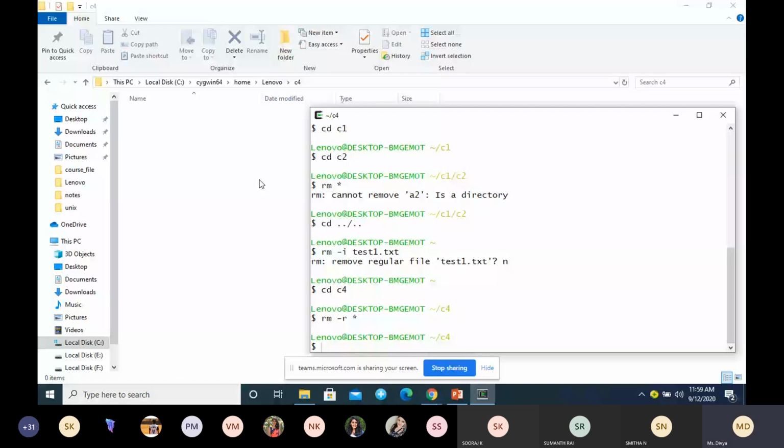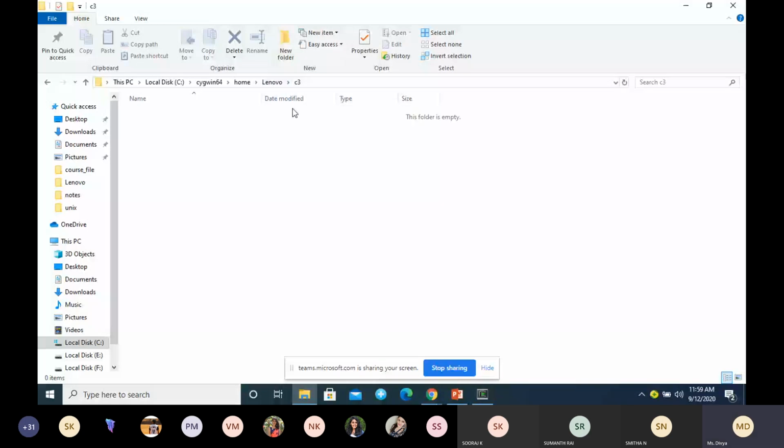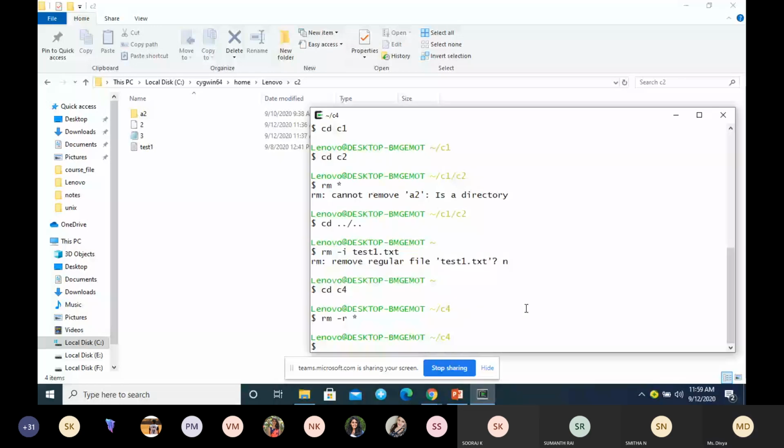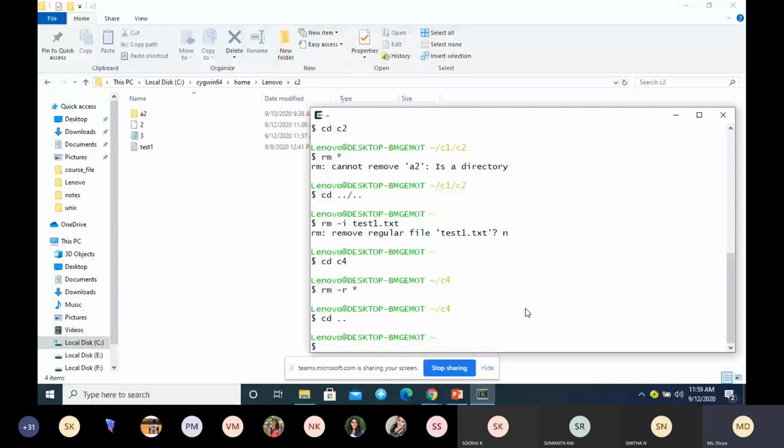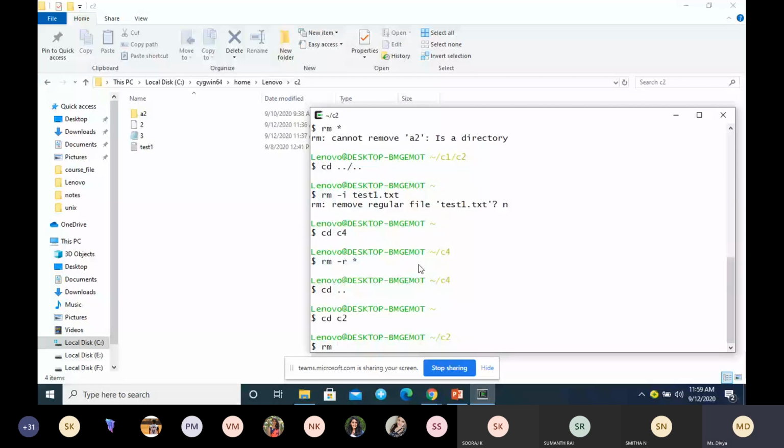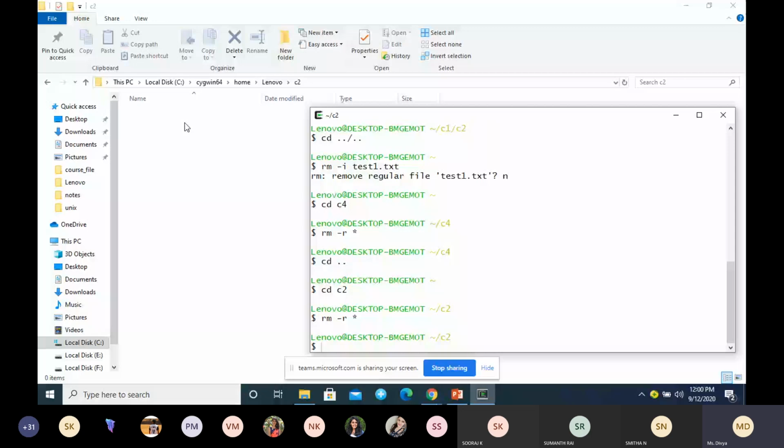You can apply even for this, P2. I'll apply to this, look into this. Here I'm applying to this folder. What I'm typing: RM -R, star. So you can see, not only just files, it is deleting all the folders. It will delete everything, whatever is inside that particular folder. So that is about the -R option.